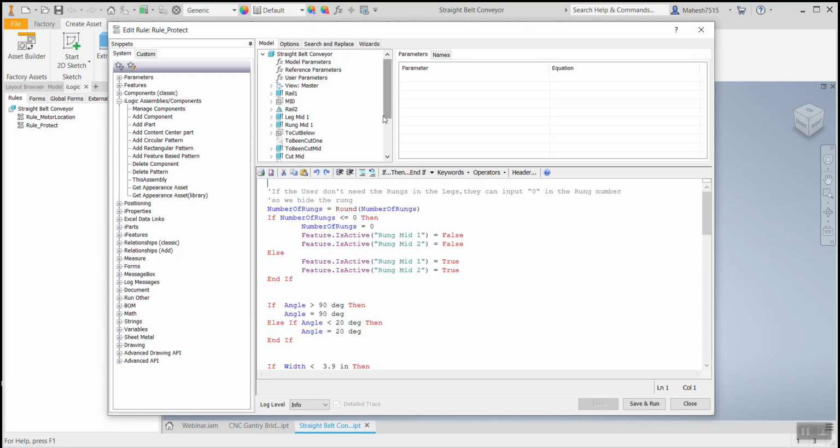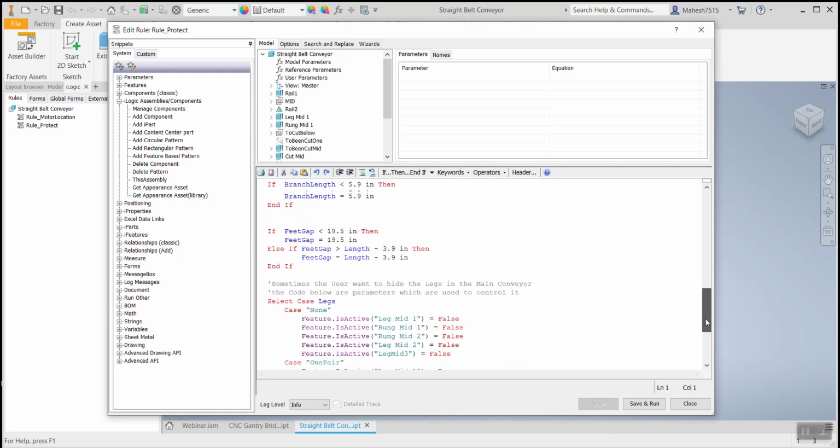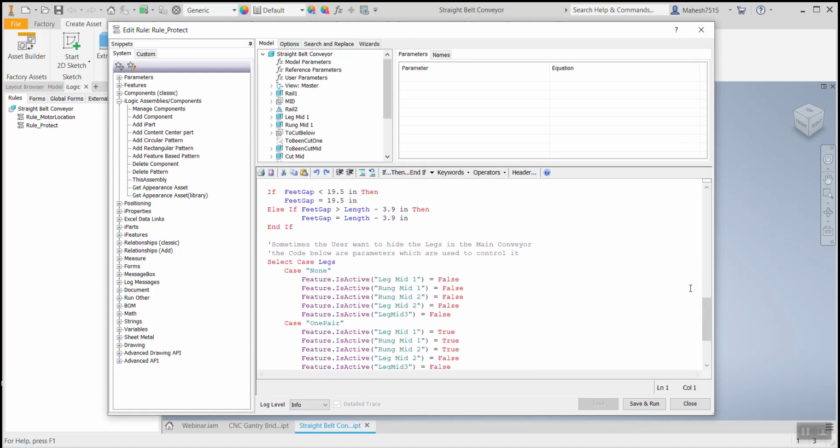This is the same condition where an if statement is used, and they have said for which condition they have used this if statement. They have also added a note there. So as a user who needs to learn more about iLogic, please go through this, install factory in your Inventor, and start exploring your factory assets' iLogic programs and how and where they have used them.